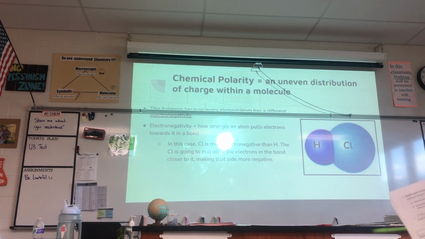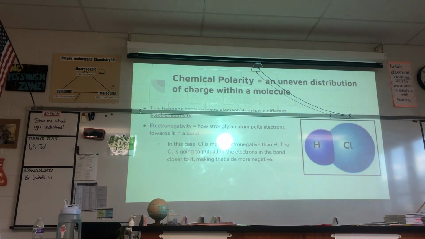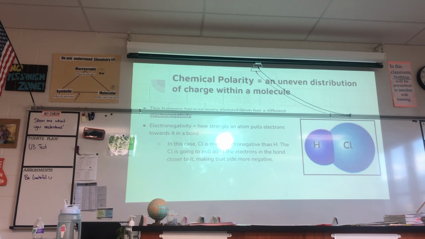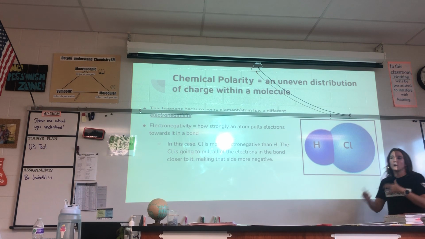I think of electronegativity as a tug of war. These atoms are bonded, they're sharing their electrons, but sometimes one of them pulls more than the other. So it's what we would call an unequal sharing. Still being shared, but it's just not shared equally. So this is going to answer the question Caleb had with this idea of where these charges are